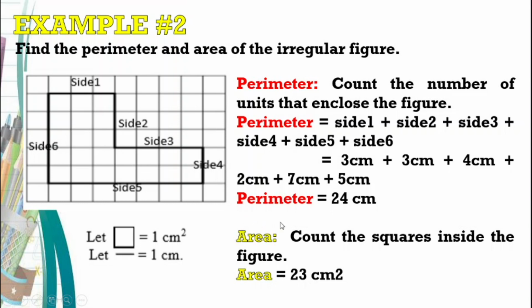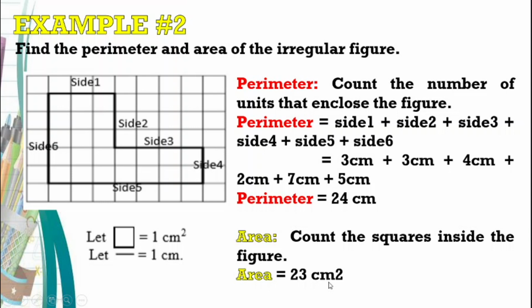And for the area, count the number of squares inside the figure. We have 1, 2, 3, 4, 5, 6, 7, 8, 9, 10, 11, 12, 13, 14, 15, 16, 17, 18, 19, 20, 21, 22, 23. So we have 23